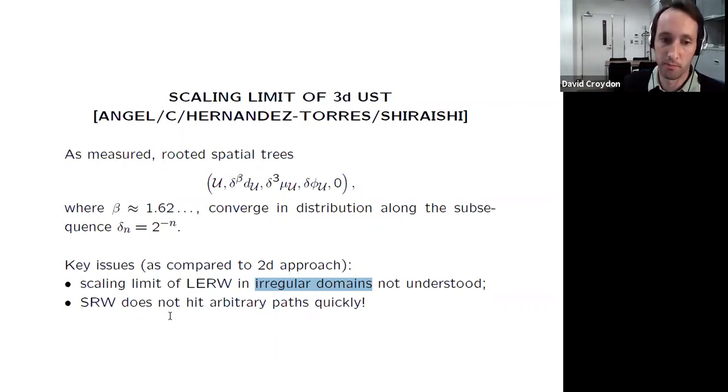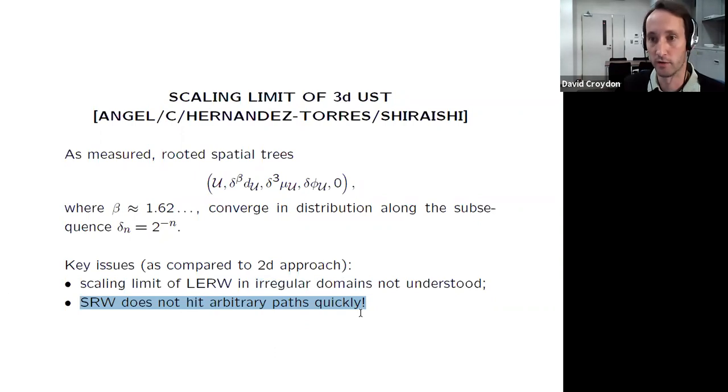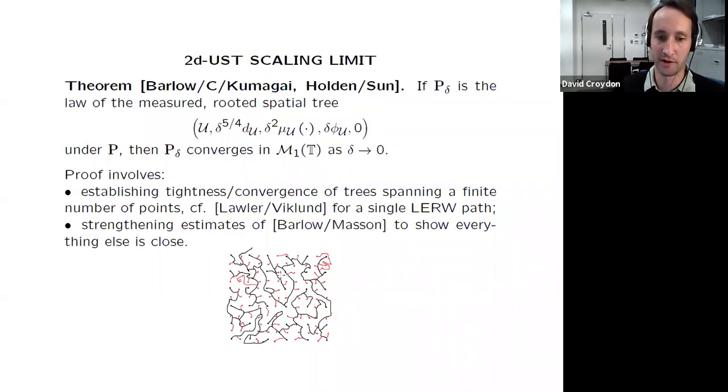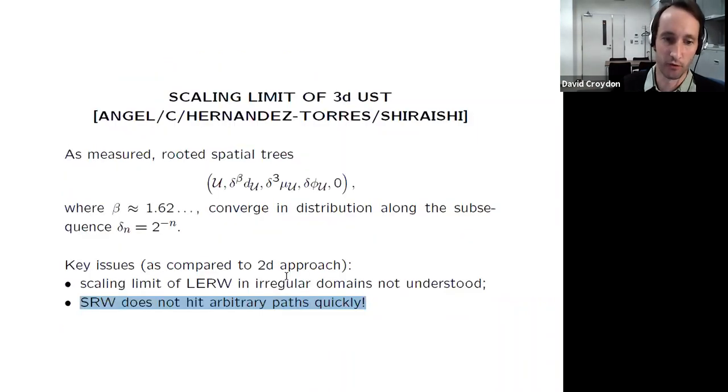A lot of the problems come from the fact that in 3 dimensions, unlike in 2 dimensions, simple random walk doesn't hit paths arbitrarily quickly. To clarify, if you start a random walk in 2D next to a line, it's going to hit that line very quickly, before it escapes some global distance. This isn't true in 3 dimensions. If you start a random walk next to a straight line in 3 dimensions, it can go to infinity before it ever hits. This is a problem for us because it means that in the second part of the algorithm, where I add on the rest of the tree, I have to be more careful.